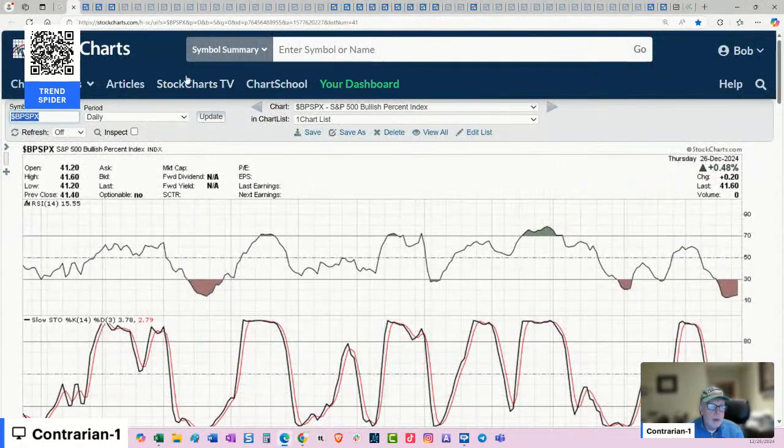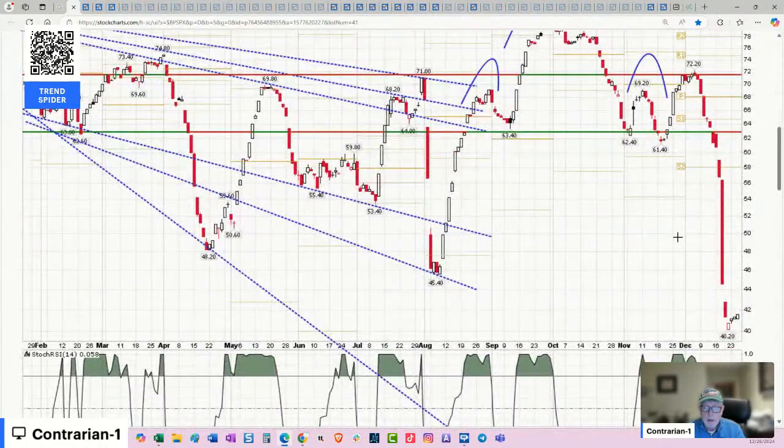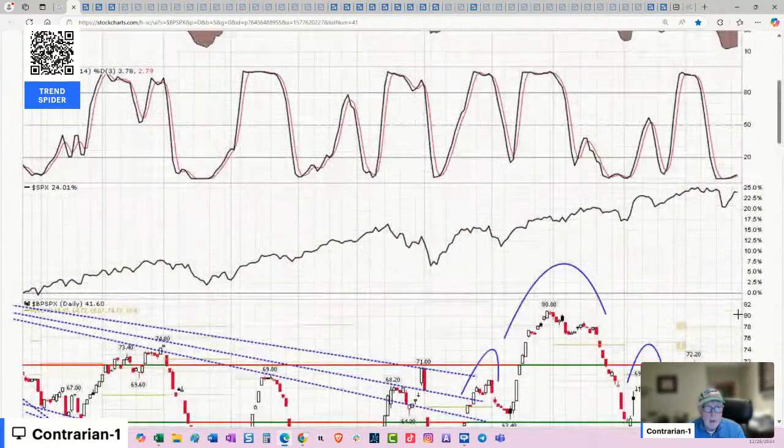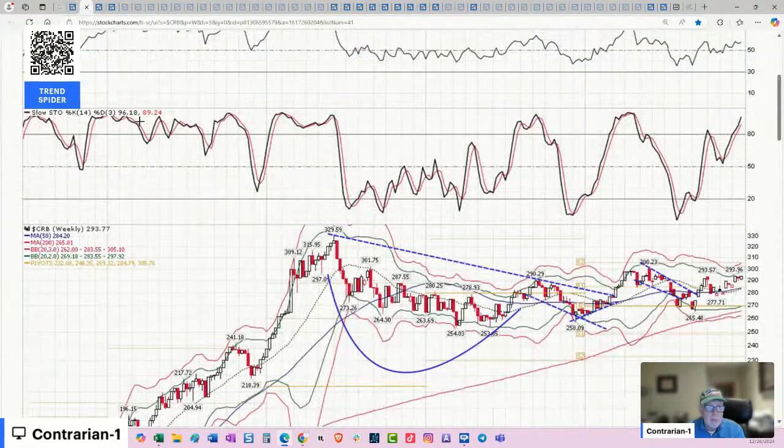Let's talk about the weekly charts and the bullish percent index. Now, this is what leads me to believe that we could still get a healthy rally in the markets. And some people may look at this chart and say, wow, there's no bullishness out there. And that's a good thing. You're climbing a wall of worry. So we could still get a rally. We were up today. We're pretty oversold. So don't rule it out.